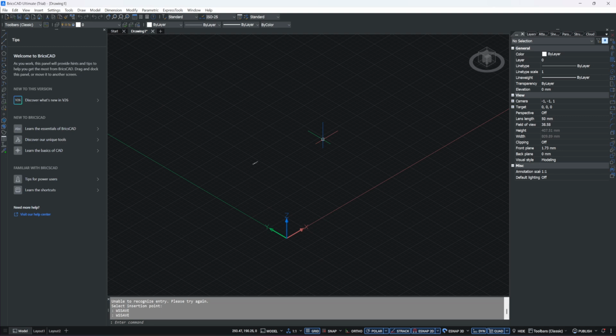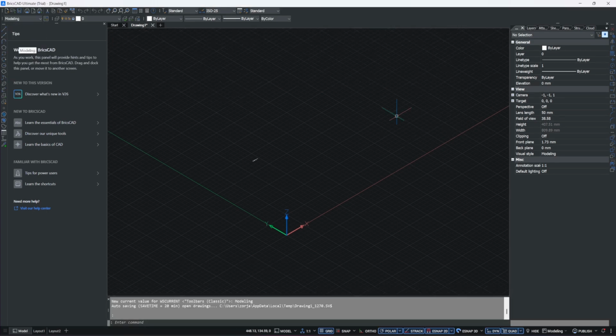And as you can see right here at the top left corner in this section, you will see this toolbar classic. So if you just press right here, you will again see these different workspaces. And from here, obviously now you can go to modeling, for example,